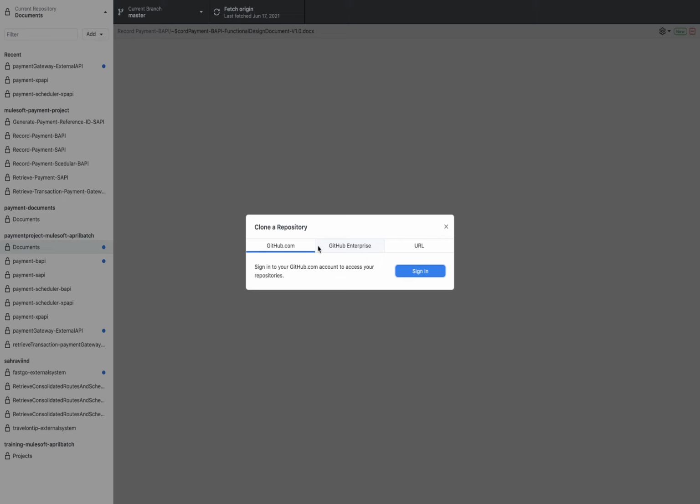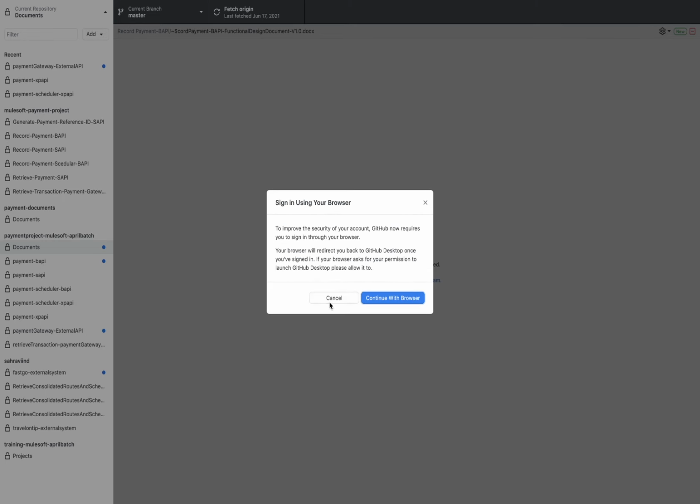That process is known as cloning a repository. It means whatever data is available in that repository on the server, I am fetching all of it to my local system. Okay, so here I will select. My account is not logged in. Let me log in again.